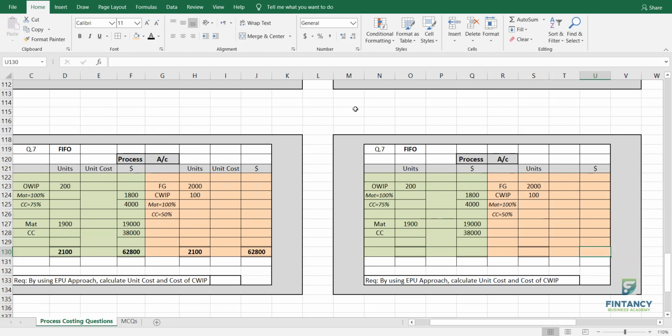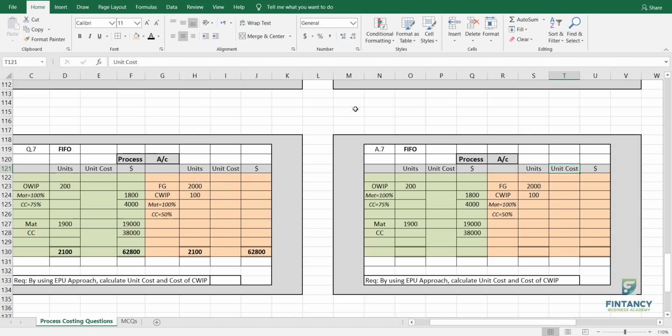So my friends, this is answer 7, right? Always write on the top which method you are using, so you don't forget, because there are some differences between weighted average and first in first out. They told you everything, as I already explained. What we basically need is the unit cost, right? To get this we need to make the EPU, remember? How many columns are there in this question?